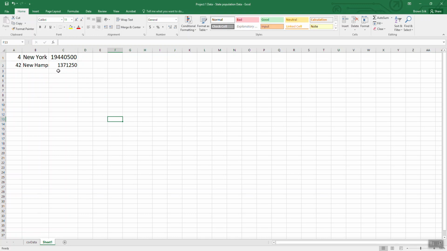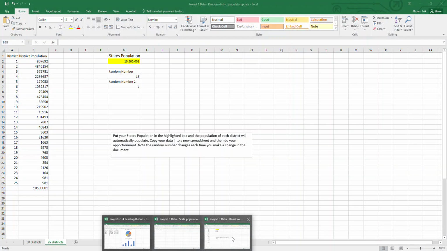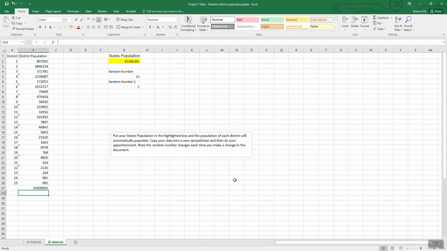as the exact amount. So New York has what, 19,444,500 people live there. New Hampshire has 1,371,250 people. Okay, so we need to apportion this into 50 districts. Well, the problem is we have to know how many people live in each district. Well, I created this district populator, this random populator here, that is going to randomly assign our population into these